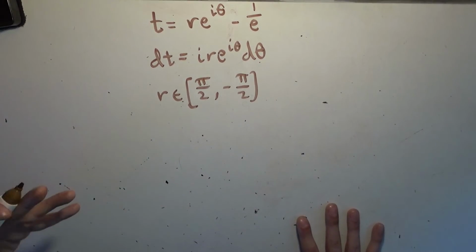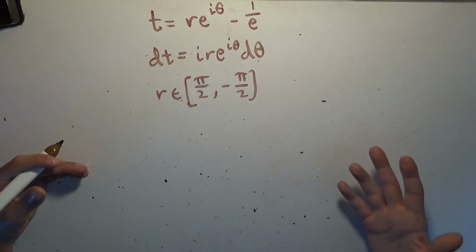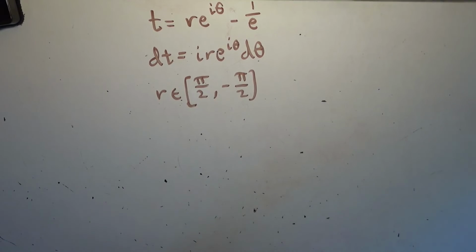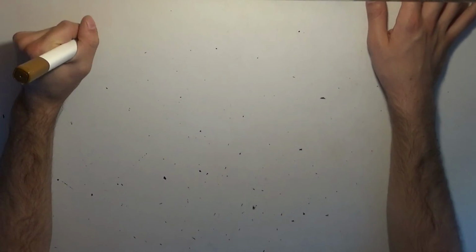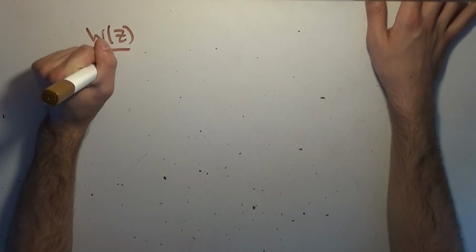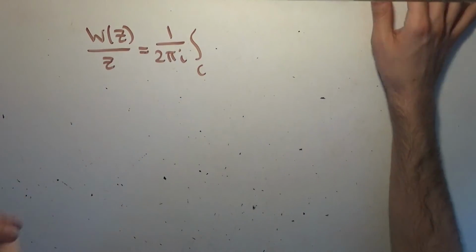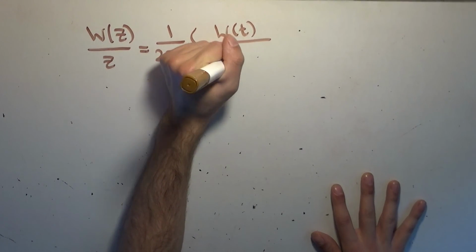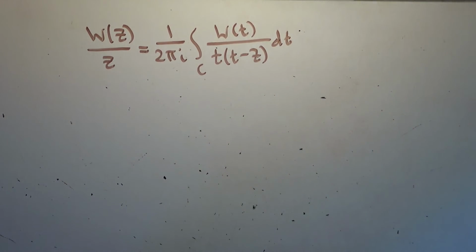You need to make a different asymptotic argument because as w approaches 0, it has a different asymptotic relationship than when it goes to infinity, but it also works out in the end that the integral over the little circle does in fact go to 0, which means that we can conclude this relationship here, that w of z divided by z is equal to 1 over 2 pi i times the integral over that closed contour loop of w of t divided by t times t minus z dt,